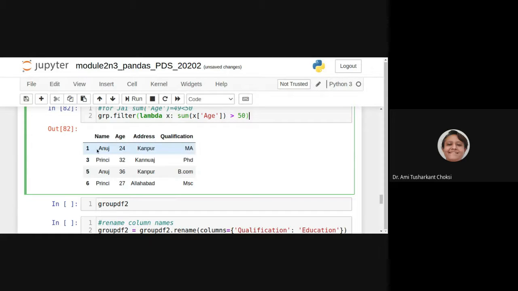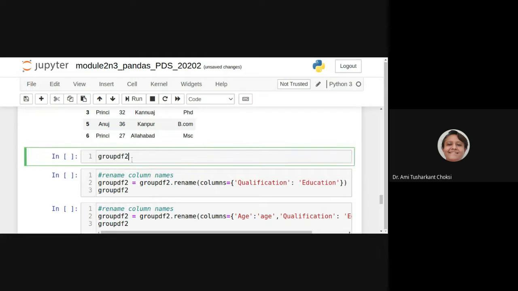Sum of age, that means for Anuj, the age is 24 and here the age is 36. So the summation is greater than 50. For Print C, this is 32, this is 27. The sum is greater than 50. So for that, it displays the data here, isn't it?